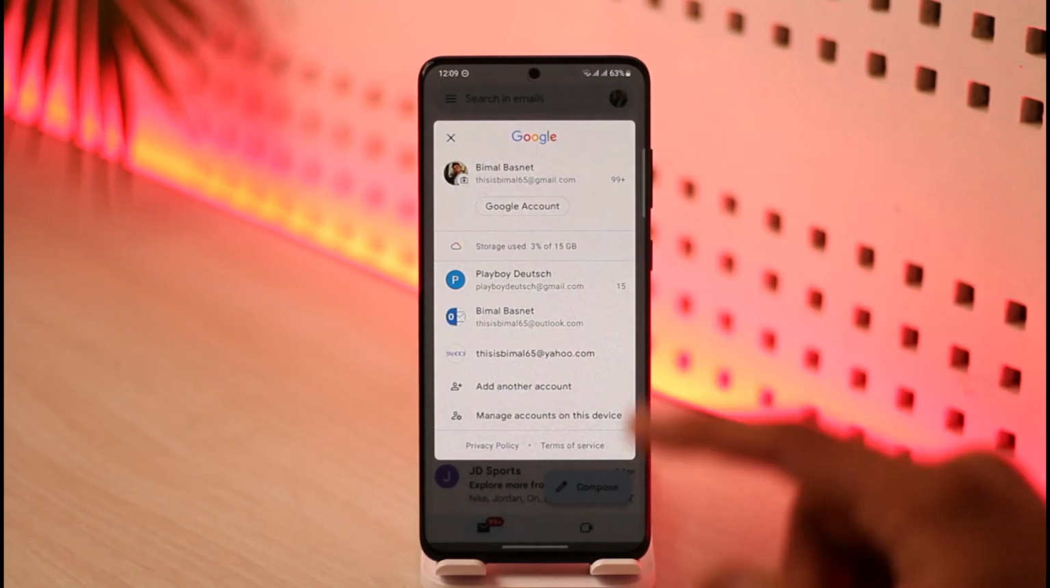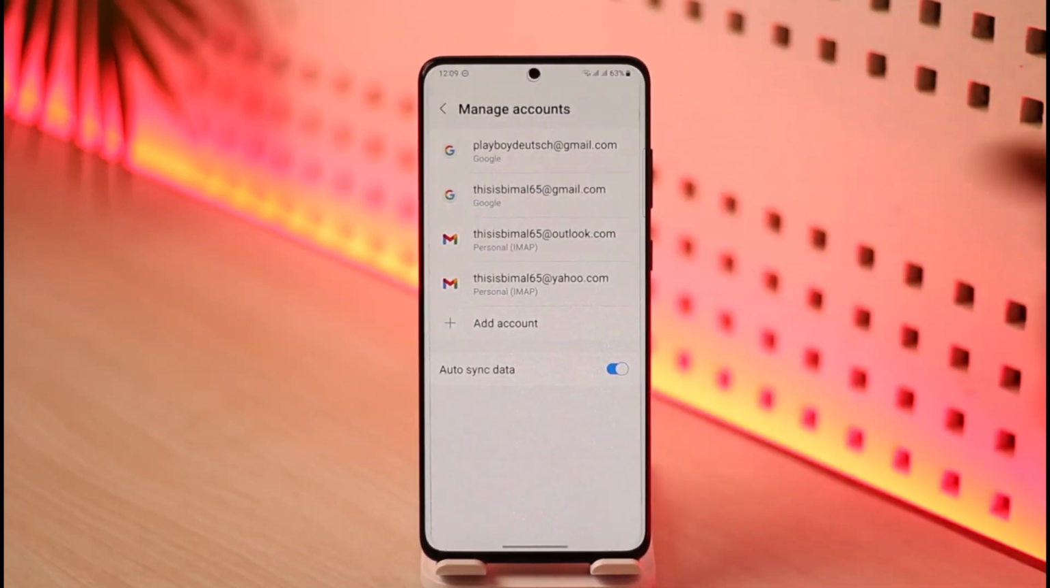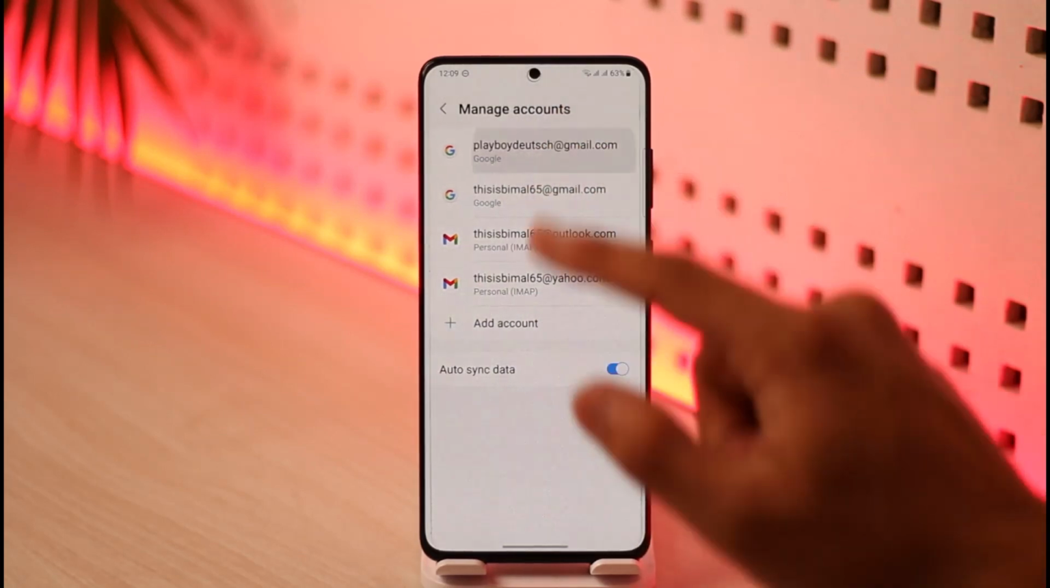To remove it from my device, you'll find the option called Manage Accounts on this device. In this case, you want to just tap on Manage Accounts on this device, and then here you'll be able to see a list of all the accounts that has actually been added to your device. So if you'd like to remove a certain account, you can just tap on the specific account here, tap on